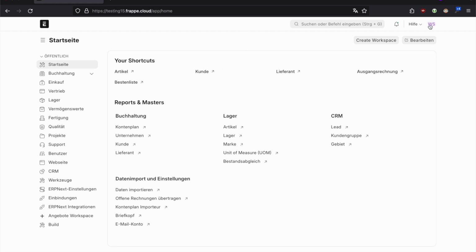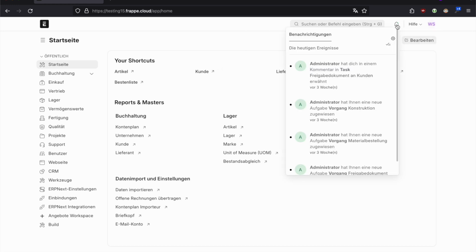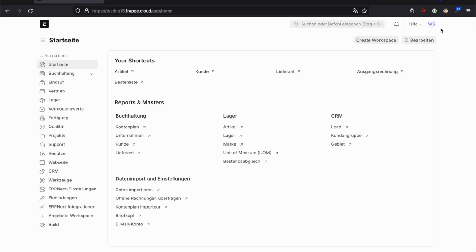So what I did is quickly logged in as a different user, and then we can see if I can